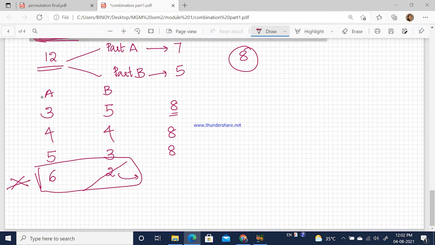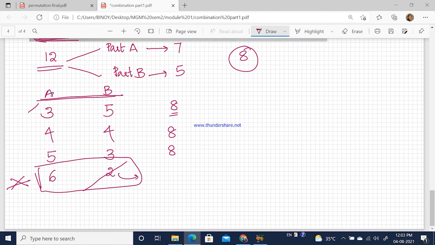So I repeat again, if I am dividing the questions into A and B, taking 3 questions from A satisfies that in each part I am attempting at least 3 questions. So this is correct. If I take 3 from part A, I should select 5 from part B to make a total of 8. If I take 4 from part A, I should write 4 from part B as well. If I take 5 from part A, I should get 3 from part B.